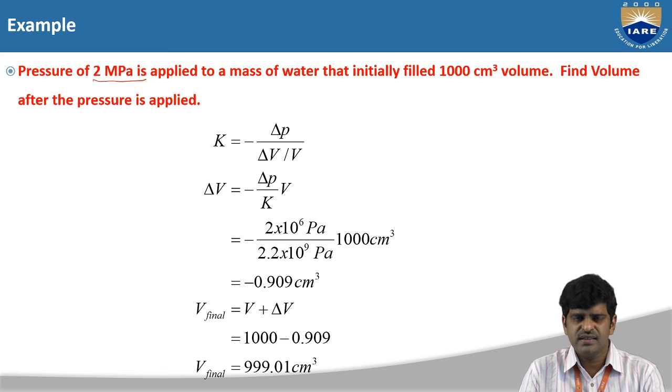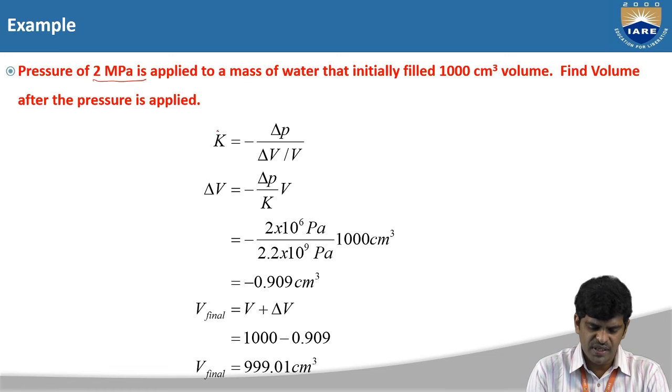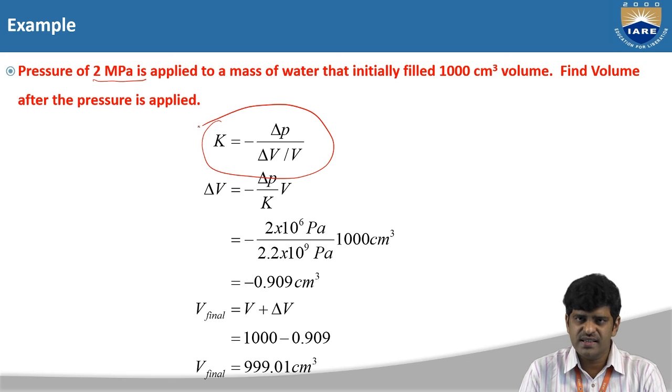As we know, on the application of pressure on any object, there will be a change in its volume. So we need to determine the change in volume with respect to the previous volume under the application of the pressure. For that, we remember the basic concept of bulk modulus, which is defined as delta P over delta V by V. What is meant by delta V by V? It is the volumetric strain, that is the change in volume to the original volume.